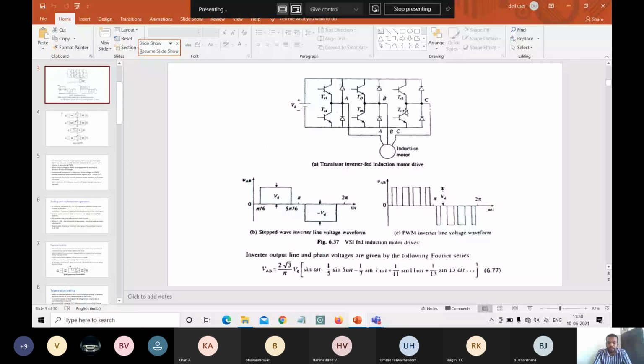Here the inverter frequency and the voltage are increased to get the required speed, as well as in